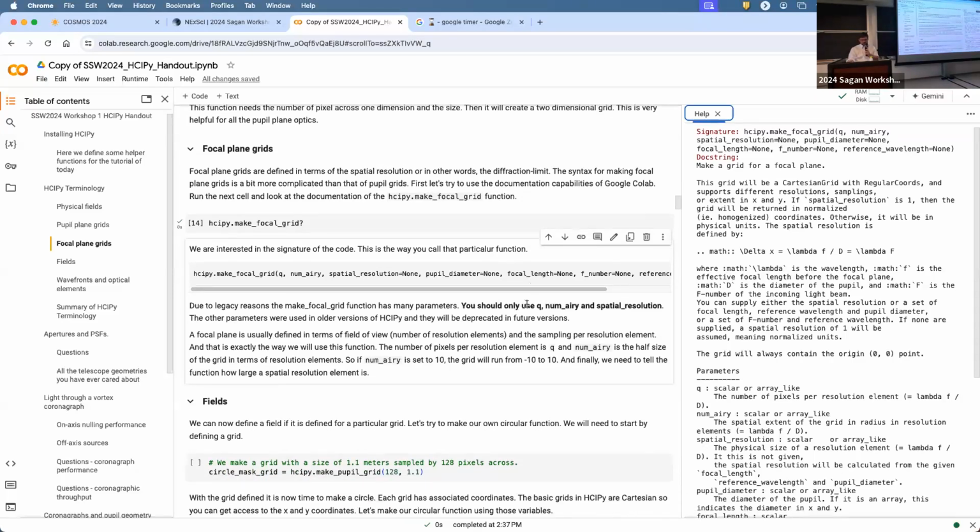So the things that should matter for you if you make a grid for a focal plane is Q, which is here, the number of pixels per resolution element. For example, if you take lambda over D as your resolution element, Q tells you how many pixels you have per resolution element. So if you want to have 15 pixels per lambda over D, you use Q as 15. And then the second part,